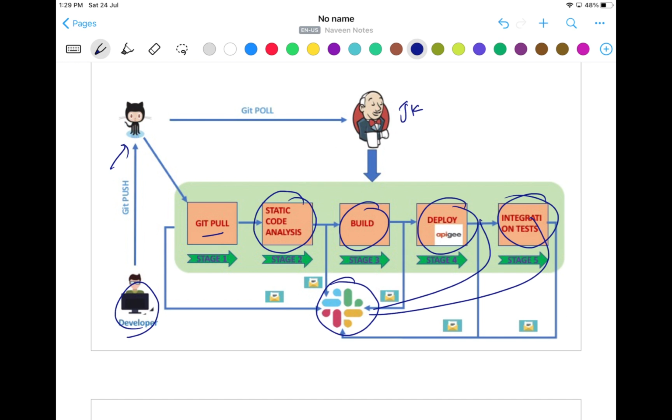But here, static code analysis is important, and it is done by different tools. For example, we have SonarQube, CodeSense, or SonarLint. There are multiple tools available. You can easily integrate them in your CI/CD pipeline, and then you can check all the quality gates over there.